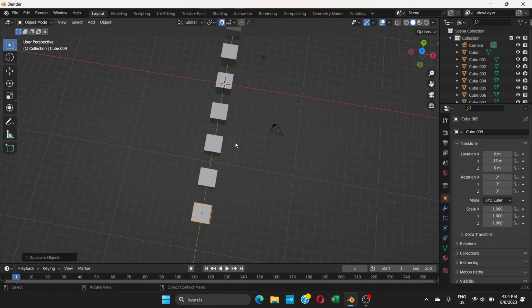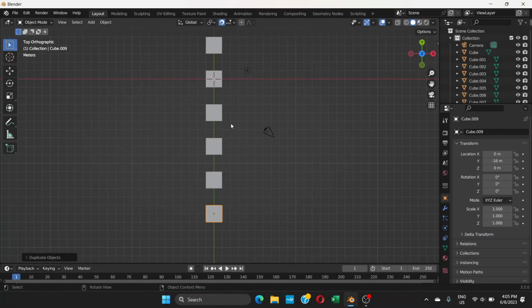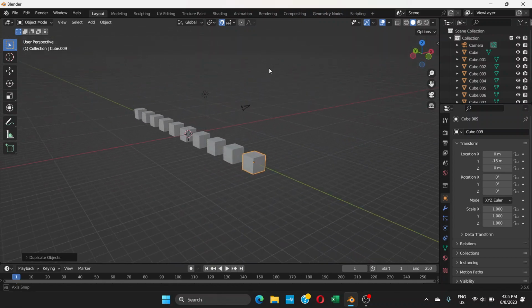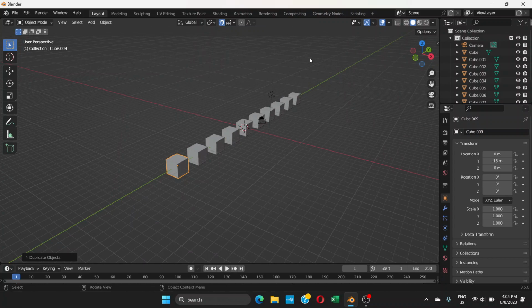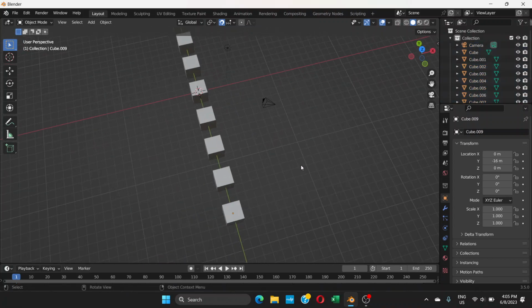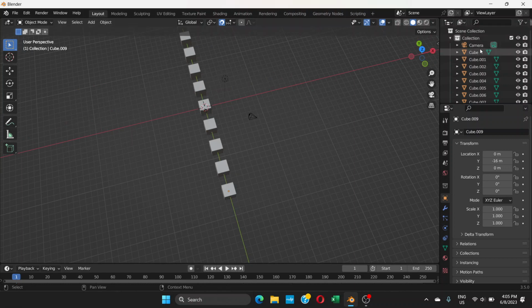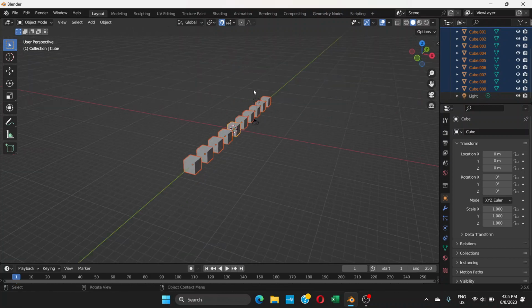So let's go to top view again. What we can do now is select all the cubes here. Not like that, that's not a good way. We're gonna go to collection here, click on the first cube, which is just cube, all the way down, and then holding the shift key, we're gonna click on cube 009, which is the last cube, and then we're gonna